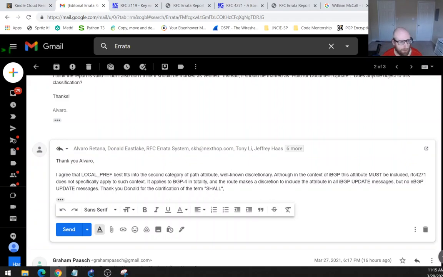Okay, thank you, Alvaro. I agree that local pref best fits into the second category of path attribute, well-known discretionary. Although in the context of IBGP, this attribute must be included, RFC 4271 does not specifically apply to such context. It applies to BGP-4 in totality, and the router makes a discretion to include the attribute in all IBGP update messages, but not in eBGP update messages. Thank you, Donald, for the shall, but